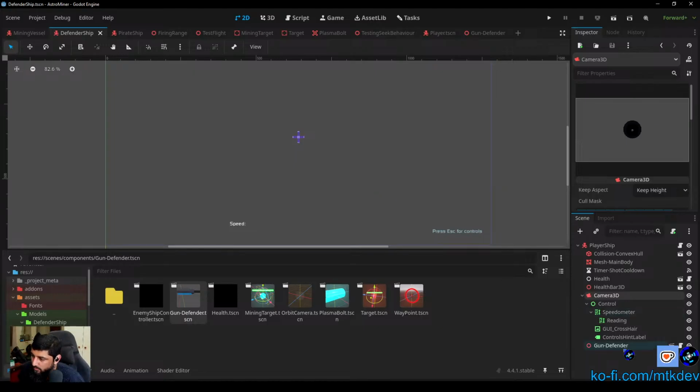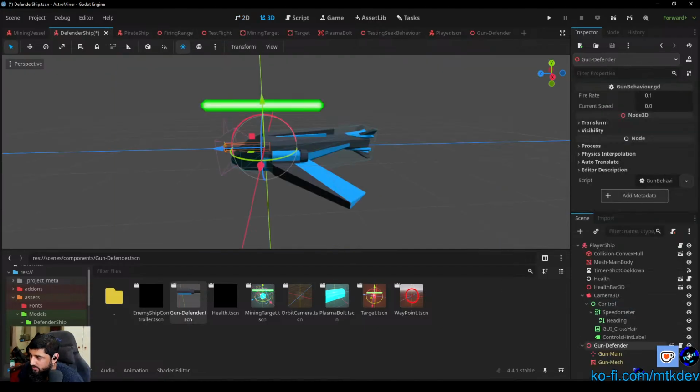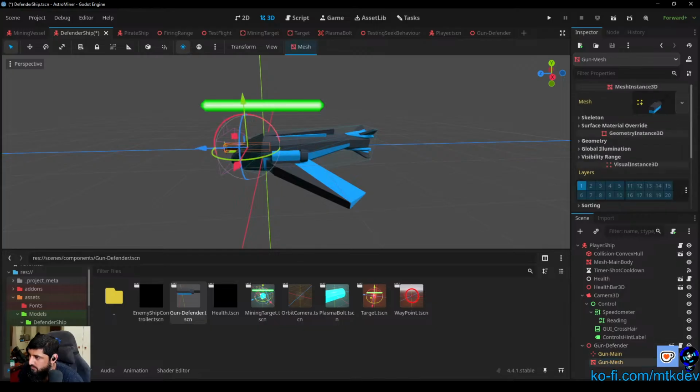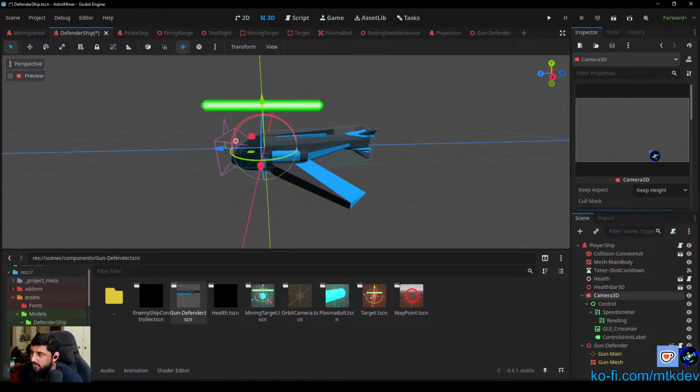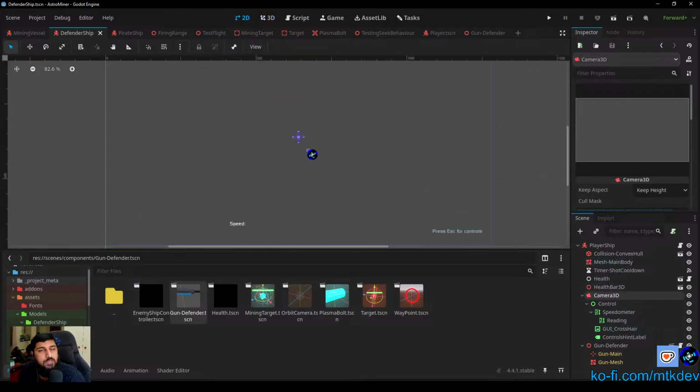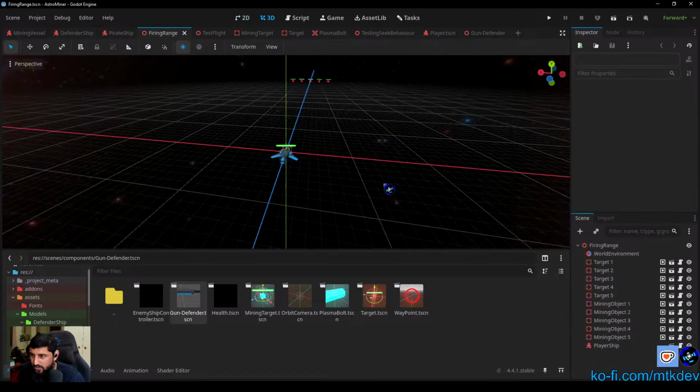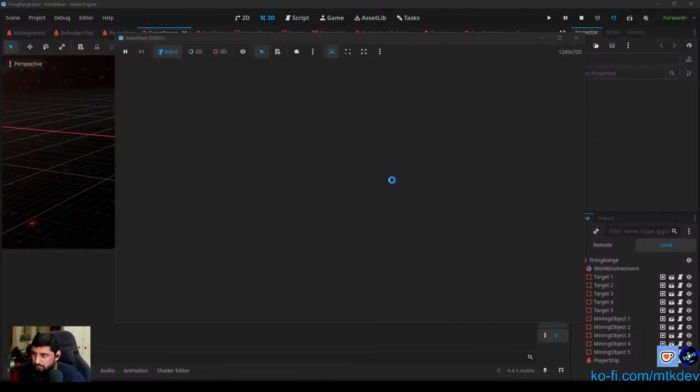So what we can do is we can say editable children and hide the mesh. And then we go to camera feed. The mesh is gone, but the control view and stuff is still intact. And now if I go to something like the firing range and I save the scene, I can run the game,